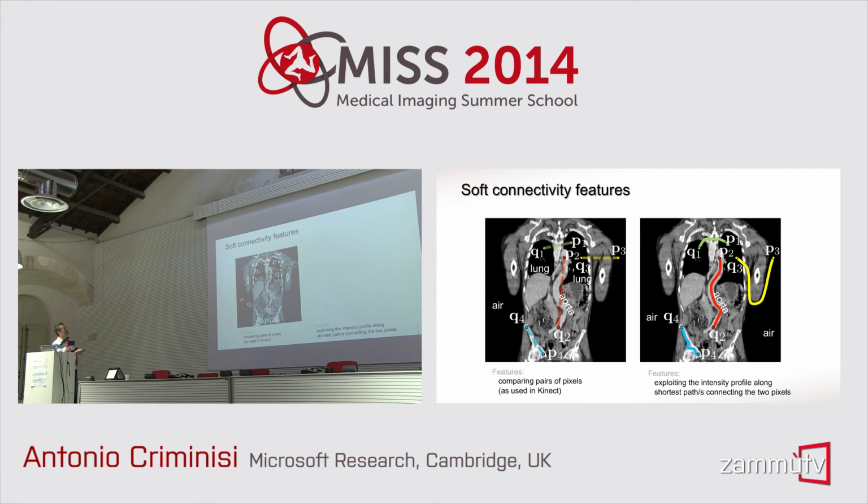Imagine, for instance, let's just look at this pair of pixels in green, P1 and Q1. This is a CT scan. So both P1 and Q1 land in regions of prevalently air. They are inside the lungs. Now, if you just look at the intensity underneath P1 and underneath Q1, they are both very close to 0 in Hounsfield units, and 0? No, whatever it is, negative, yes. And so air, because there is no density whatsoever there. So the difference is 0.